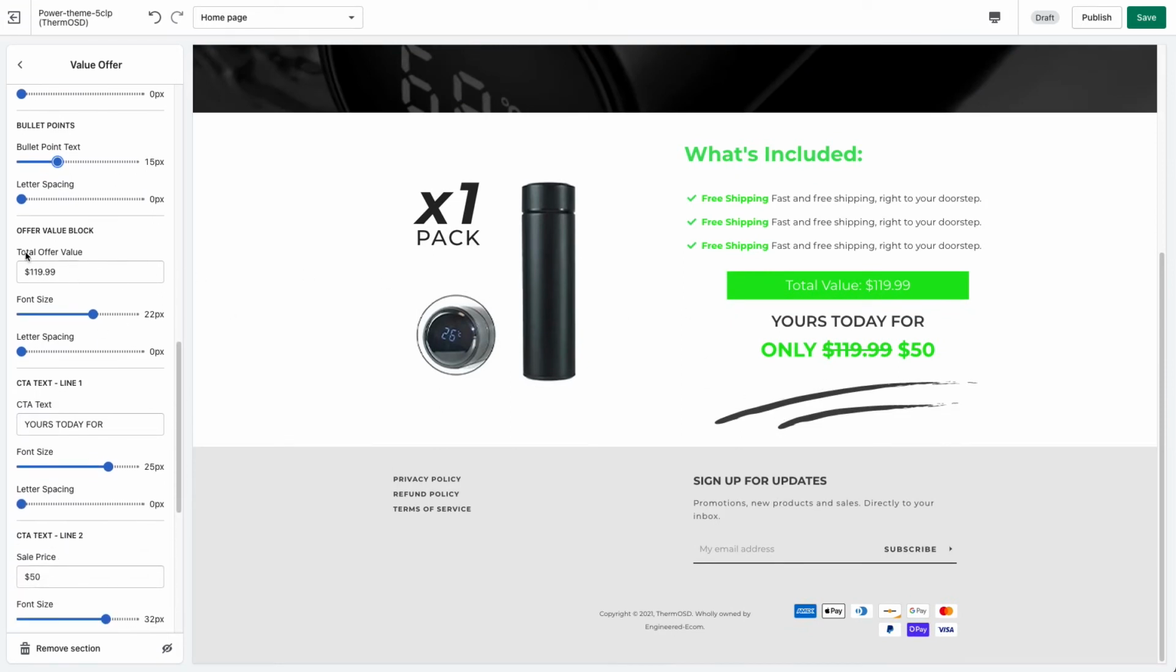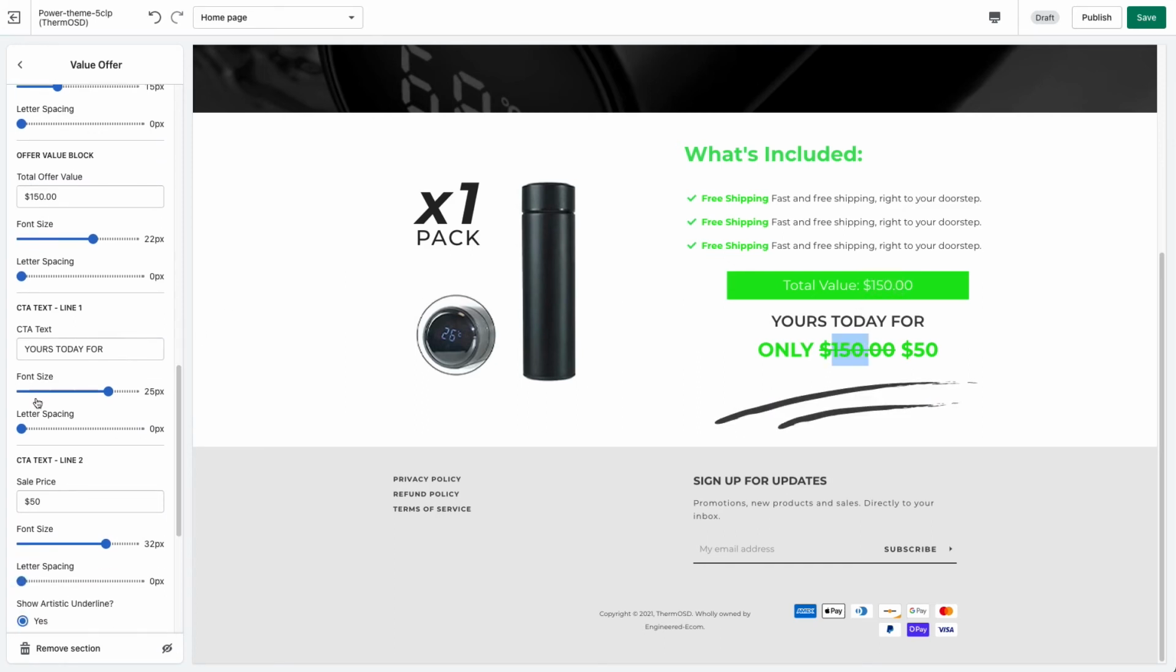So here we have the offer block value. So this $119 is the price that will be inputted here and here. So you can see we actually don't have access to some of the text values here, just the way the section is set up. So what we do have access to is, for example, if we change this, then it will update here and here. And then we do have access to this text right here. So instead of saying yours today for this, you can say get it